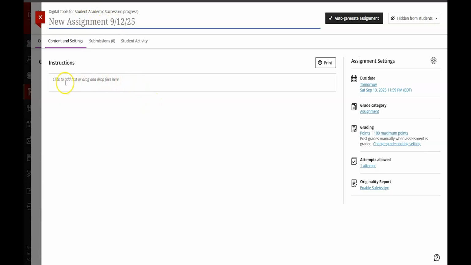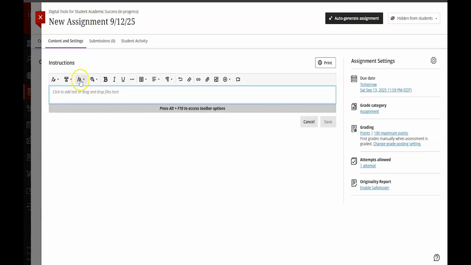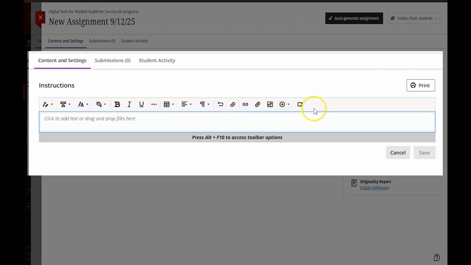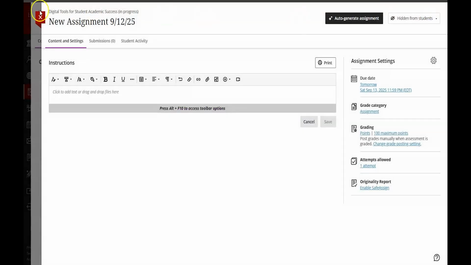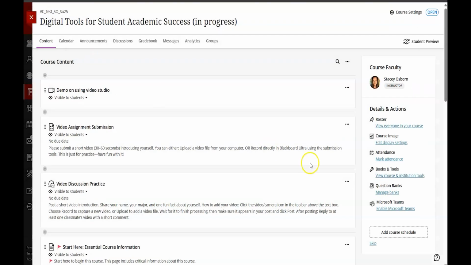And then here in the instruction text box, you'll have a toolbar at the top. The very last tool on the toolbar is that same icon for audio video, and it brings us to the exact same interface that we just used. So the process here for adding a video to an assignment is exactly the same as adding a video to your course content. I'm going to cancel my assignment, and I'm going to show you it's exactly the same